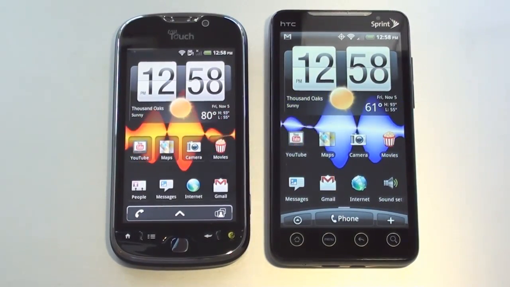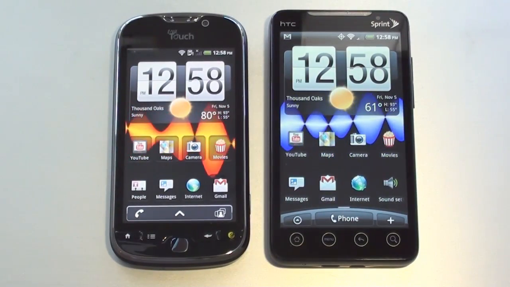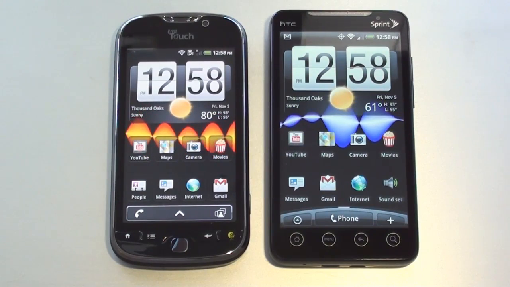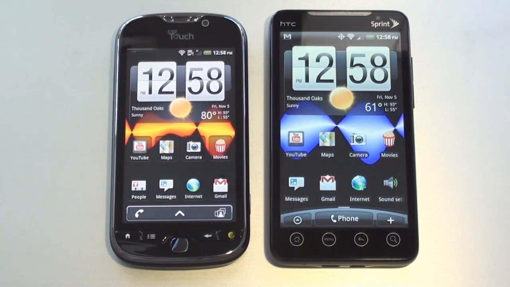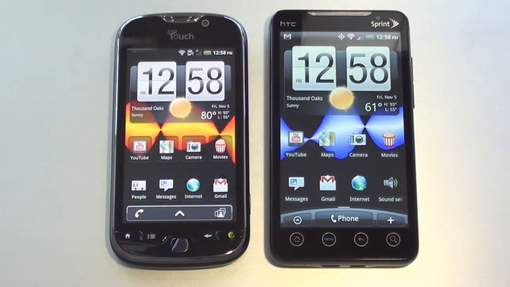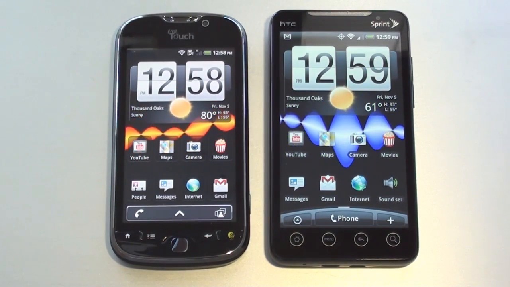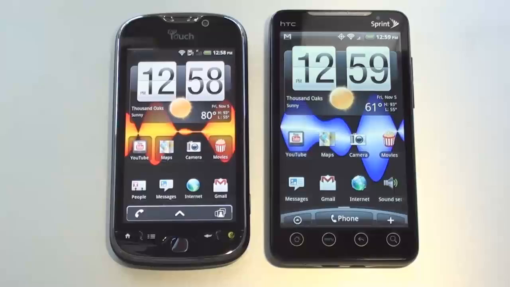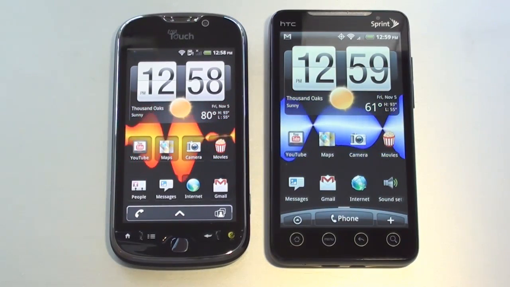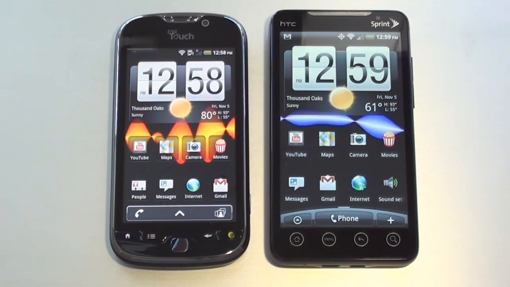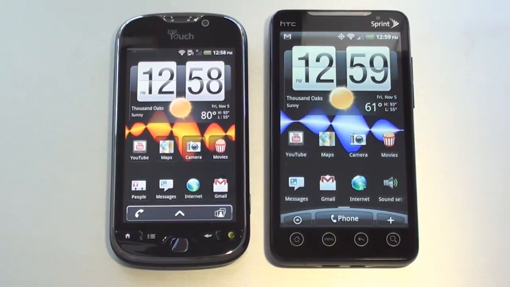Alright, let's continue our face-off and take a closer look at the user interface on both of our contestants here, the myTouch 4G and HTC EVO 4G. And there's really not a lot of difference. They're both running Android 2.2 Froyo. They both have a form of HTC Sense UI. The EVO 4G has more of the original HTC Sense UI you're used to, and I'll try and show you